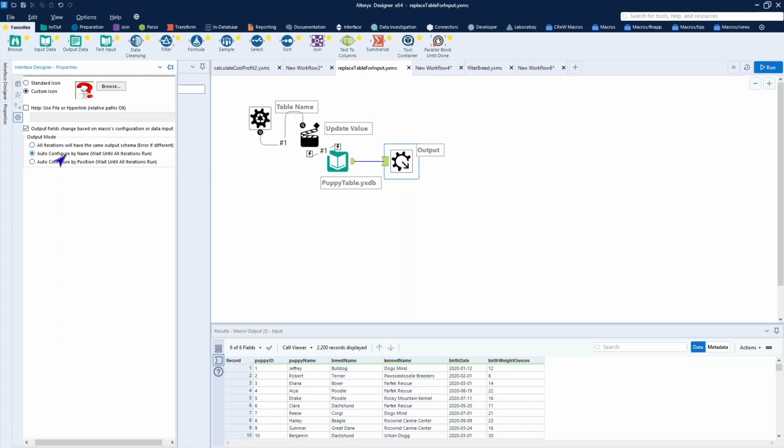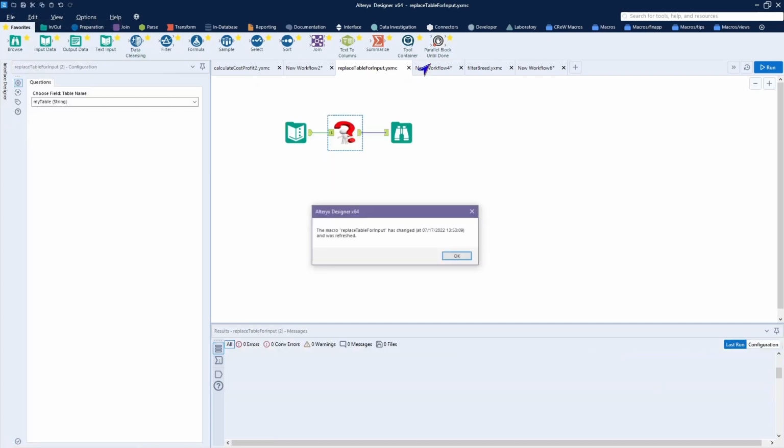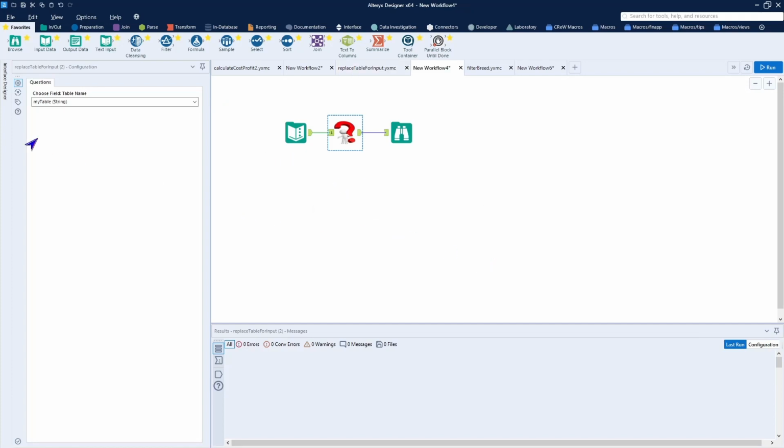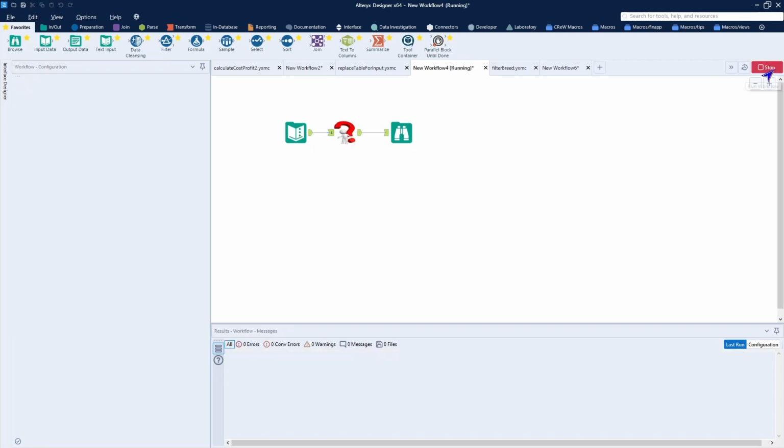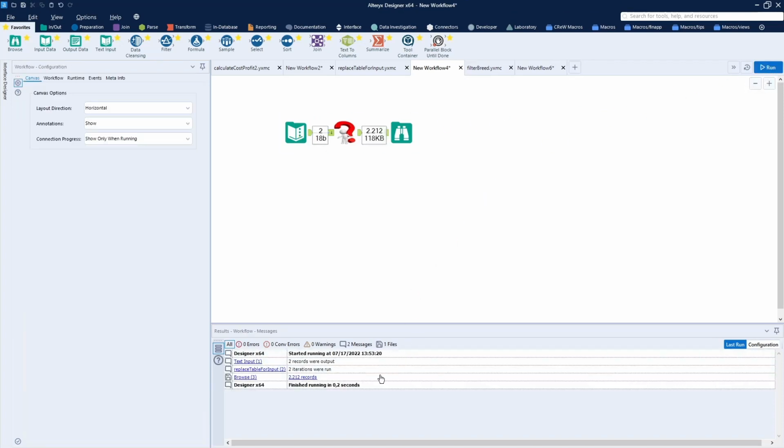The danger in this is that it will wait until all iterations are run before passing the data out. So it puts a little block in your data flow as it waits for the macro to complete all of your executions, which will slow it down depending upon the amount of data. That's why it's not recommended that you do this every time you create a macro, because it does modify your flow. So now we can save this macro, come back to our workflow, replace it, and again we have in here 2 different tables that we'll be reading. We run this, we don't get any errors,